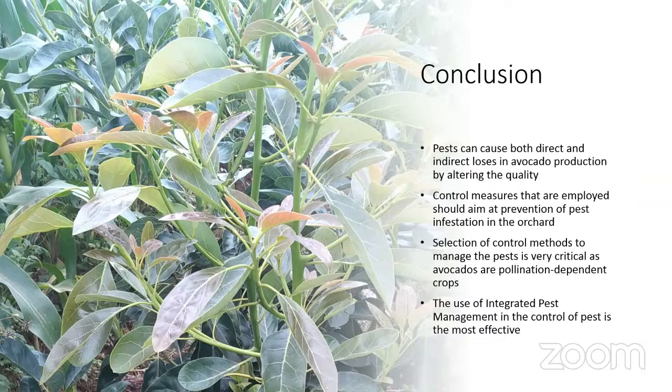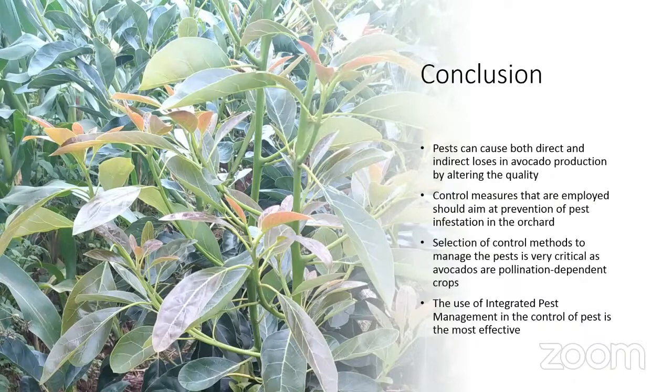Secondly, control measures that are employed should aim at prevention of pest infestation in the orchards. Remember the adage which says prevention is better than cure. Don't wait until your orchard is infested, because control of pests or management of the pests through elimination is very, very expensive. So always aim to prevent the infestation of your field by putting in place measures which do not introduce pests